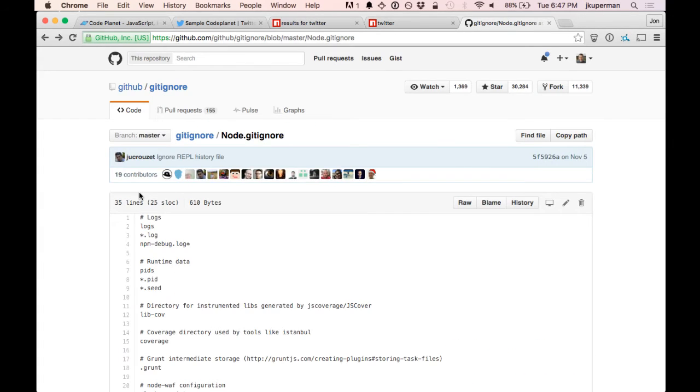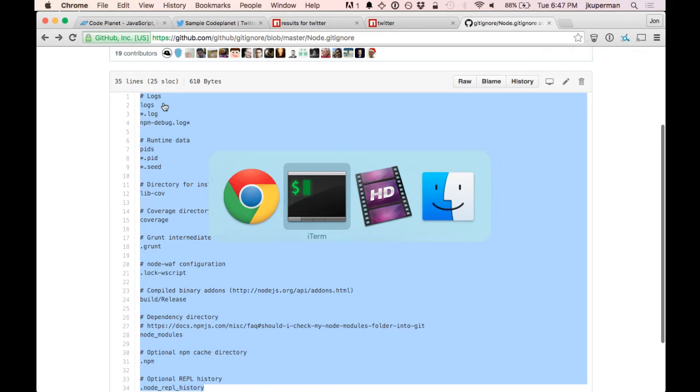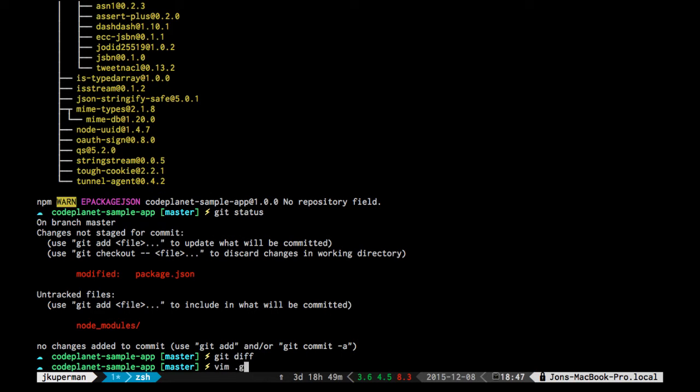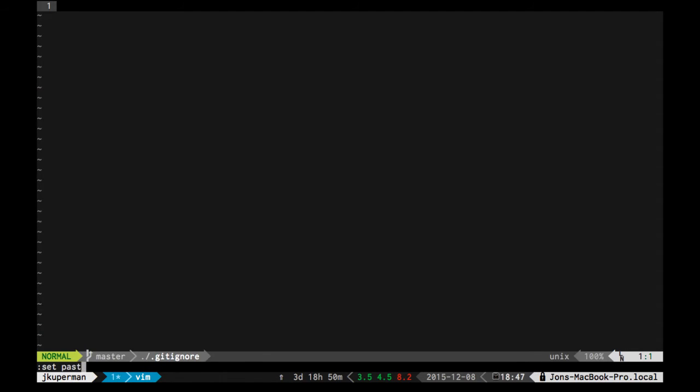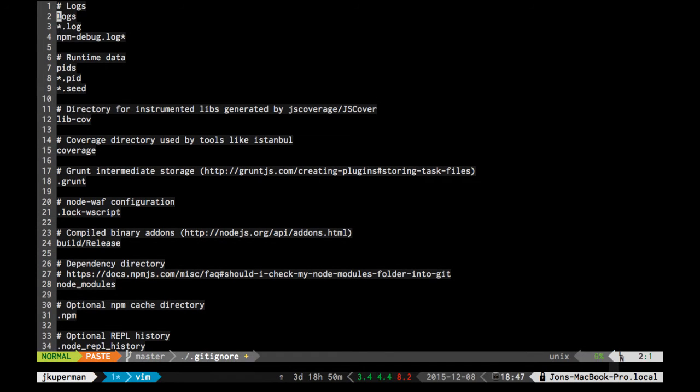But since I didn't put this on GitHub, and this is an official GitHub project, I'm just going to copy it here and go ahead and then just make a new file locally called .gitignore. And I will paste that stuff in. So this is just the default git ignore for Node, so it'll hide any log files or a logs folder, any process IDs. I don't even know what this is, JS coverage stuff. Anyway, they've got some really good descriptions, but the big one that we need is right here on line 28,